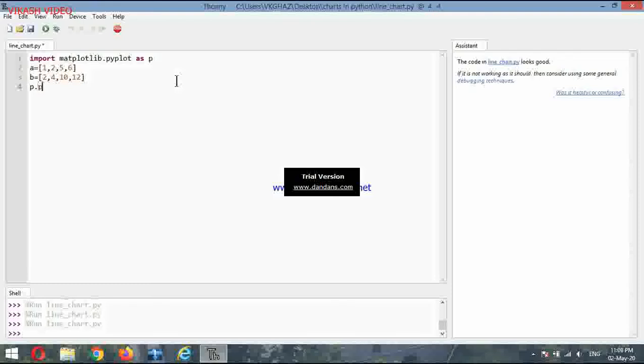p dot title, then within quotes again I'll provide some title. You can write any. Right now I am writing a line with, or suppose if I write many lines,